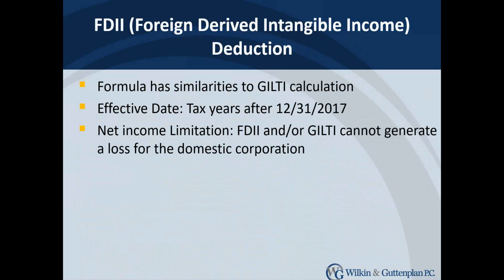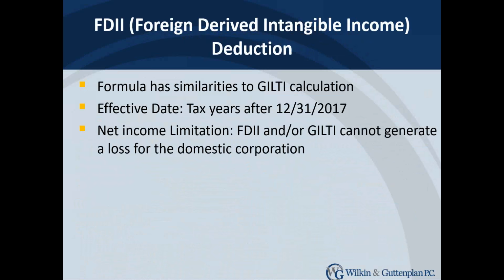And Vinay, do you have anything to add here? Just kind of like an overall recap on this. So FDII and GILTI, think of them as opposites. FDII is really considered to be an incentive to bring foreign generating income activities into the U.S. and have them run out of a U.S. corporation. So that's why there's a benefit here to FDII. But again, we have a real difference in the type of entity we operate in because the FDII benefit is only available to C corporations, whereas GILTI income applies to all shareholders.